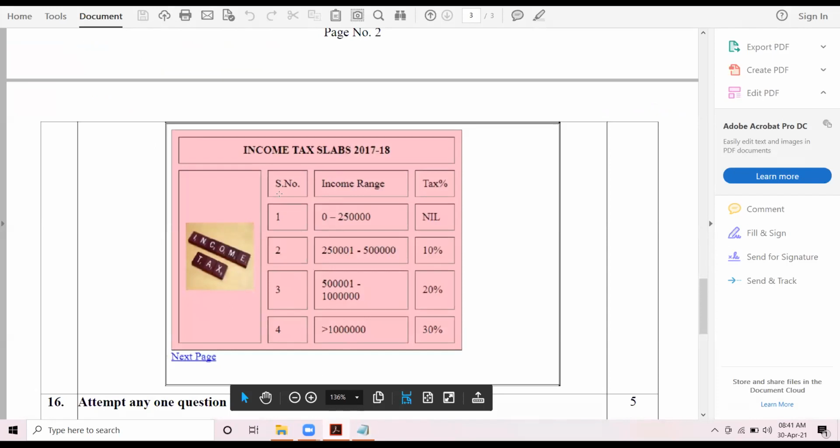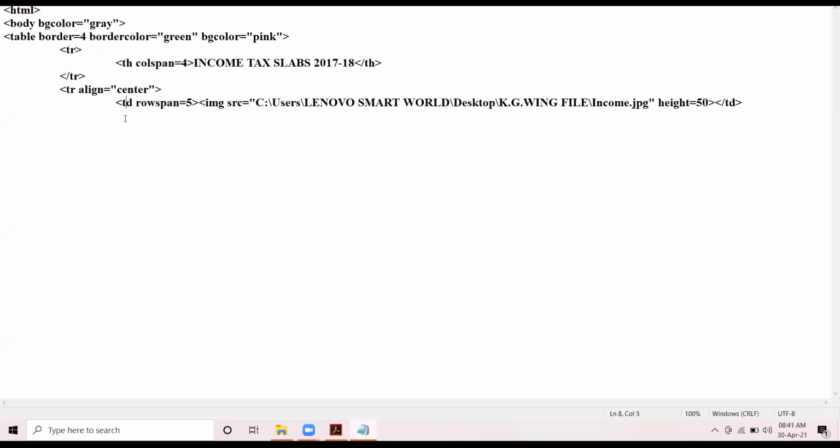Now in the same row, we'll create these 3 cells: serial number, income range, tax. All right.